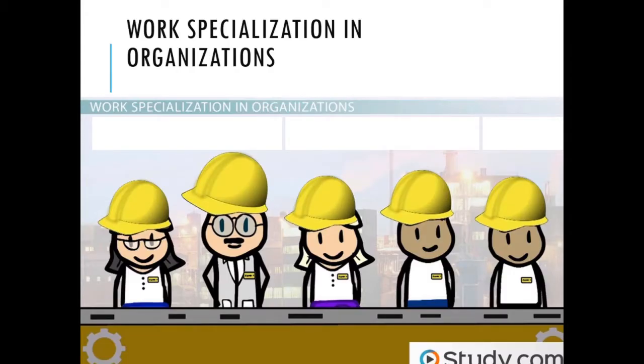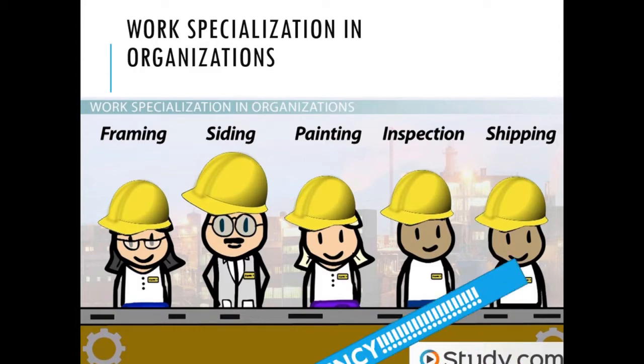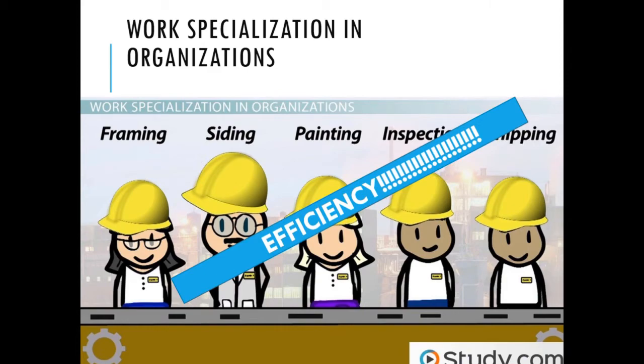After identifying all activities that must be accomplished, managers can break down these activities into specific tasks that can be accomplished by individual workers. For instance, framing, siding, painting, inspecting, and shipping. This division of labor into small specific tasks and the assignment of employees to do single tasks is called specialization. The rationale for specialization is efficiency, because people can perform more efficiently if they master just one task